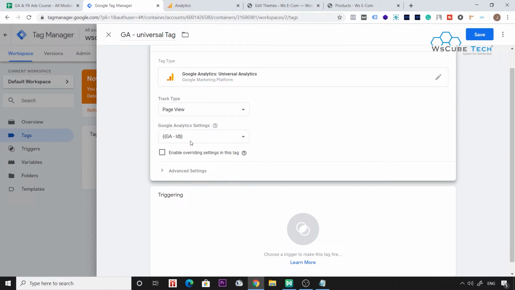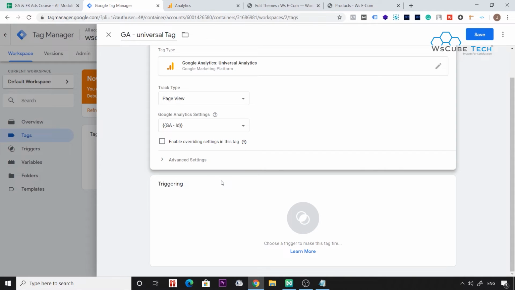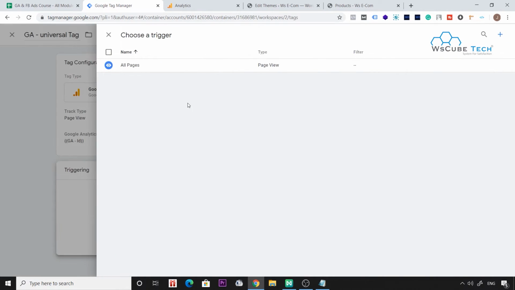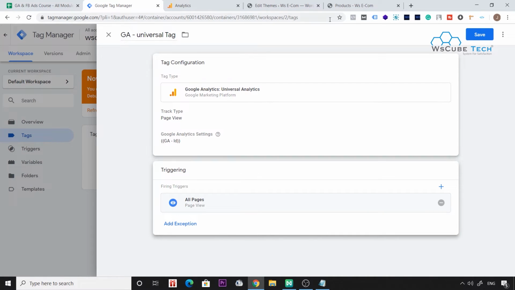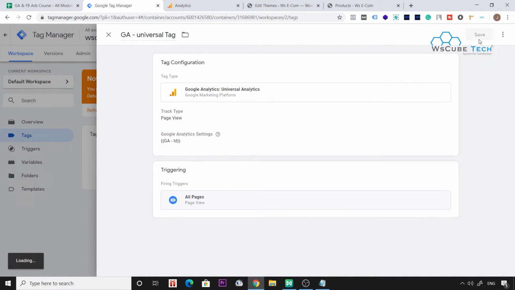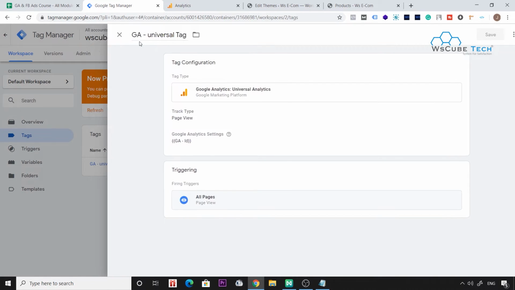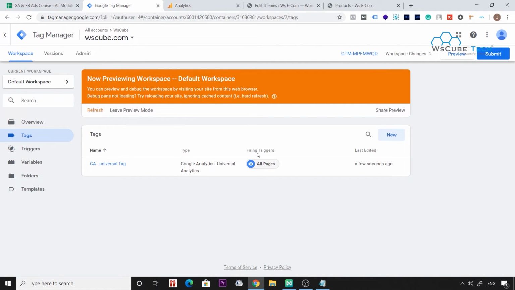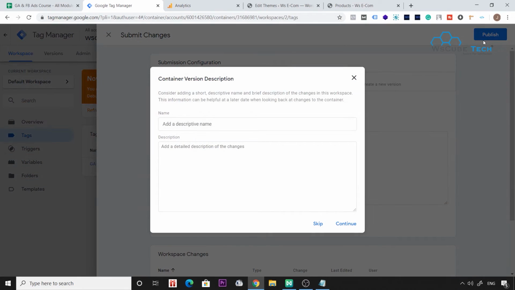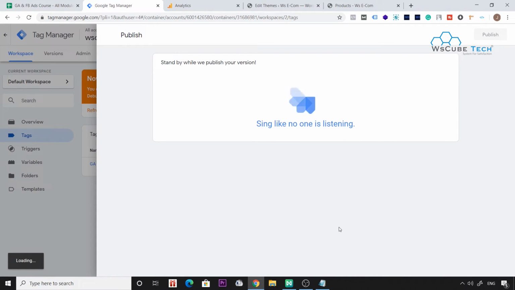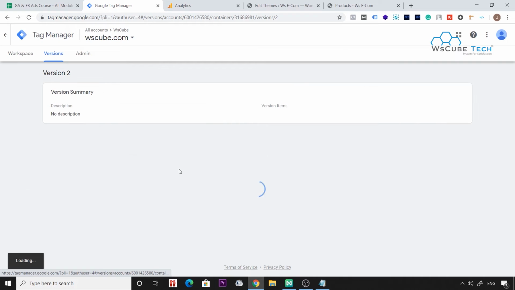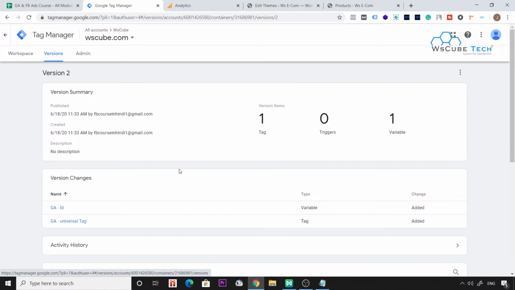And this Google Analytics account, we want to fire it on all the pages, right? On all the pages. So we will be clicking trigger, then we'll be clicking all pages, and we'll be clicking on save, right? So this Google Analytics code will now fire on all the pages. So now we have set this Google Analytics tag. Now we have to click on submit once again, then click on publish, and continue so that it gets ready. And to check things, one method that we can do is to go for this Chrome extension.